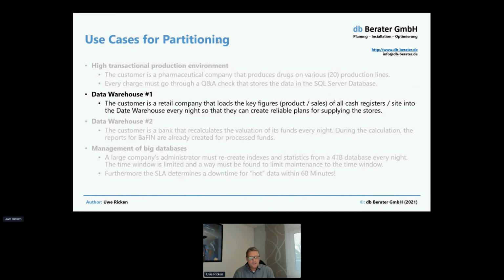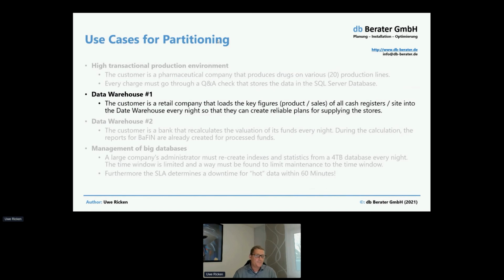This is a customer in the retail business, and in Europe it is one of the biggest retail companies. It has hundreds of thousands of supermarkets all over Europe. And one of the key points they had to handle was to create reliable plans for supplying the stores. What they did was, every night at 10 p.m., the cash desks automatically downloaded their whole activity over the day into CSV files, and then they were loaded into a data warehouse where they got analyzed,